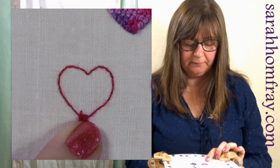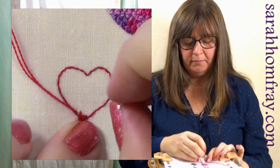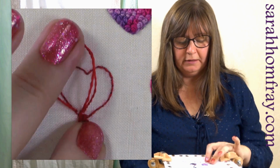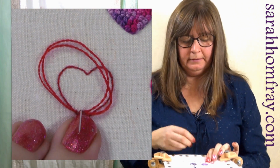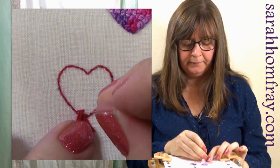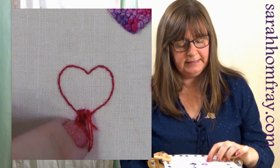So that's important. Down in the middle, up to the left, make a loop over the top, go down to the right. Before you pull that loop tight, come back up in the middle, then you can pull it tight, and that makes your little tail. Now we don't need to cut it off each time, we can do our cuts later, so I'm just going